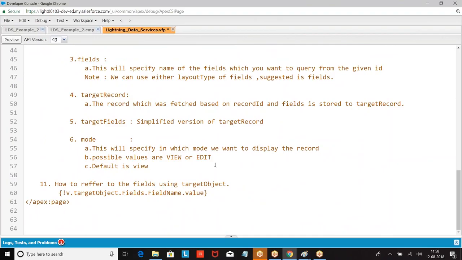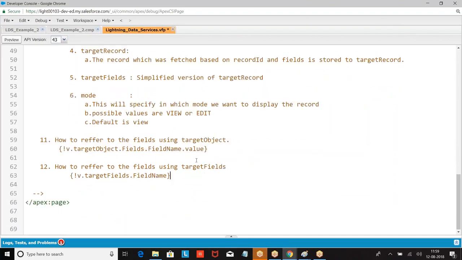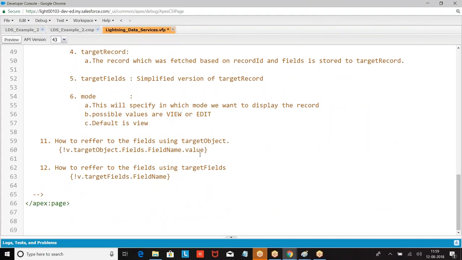Now this is if you are going with target object. I told you target field is a simplified version. How do you refer to target fields? If it's a target object, v.targetObject.fields.fieldName.value.